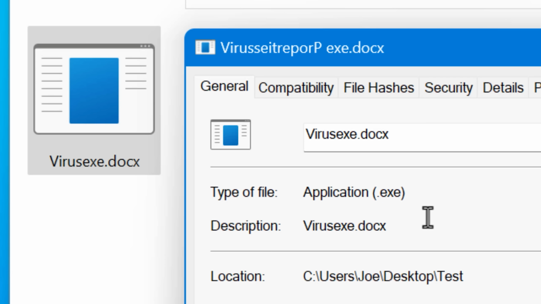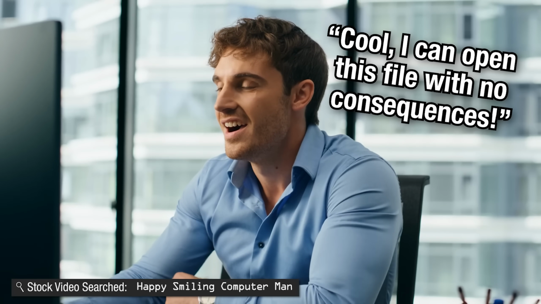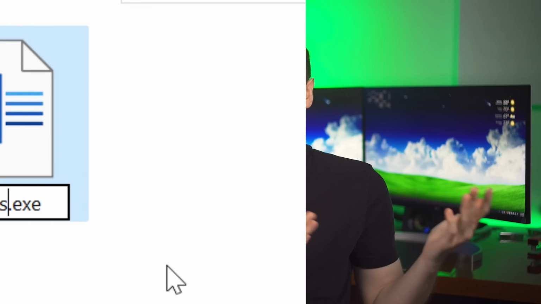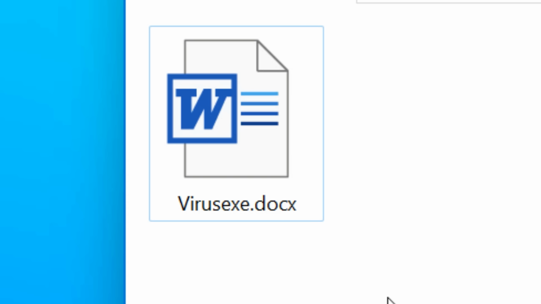And even if you go to rename it, you don't realize that it's all rearranged and reordered, so it 100% looks like it's a docx file, but it's not. So if you have file extensions on, like I do, and you see an innocuous file extension, like a text file or even an image file type, you might think that means you're safe to click it and see what it is, even though it's not. And what they could also do is just change the icon of the executable to be anything, so it'll look like the proper icon of what that file extension should be,